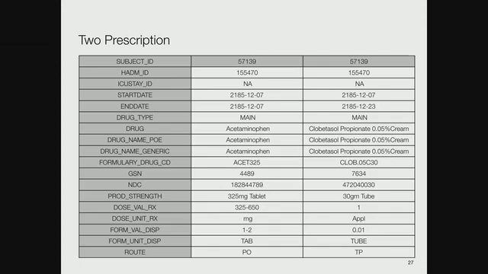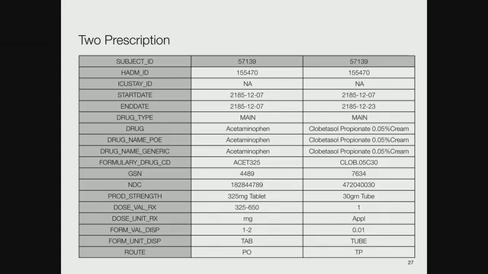One is a prescription for Tylenol, acetaminophen, and the other is for clobetasol propionate 0.05% cream. That's a skin lotion, I think it's a steroid skin cream. If you look in the BI's database, they have their own private formulary code where this is ACET325 and this is